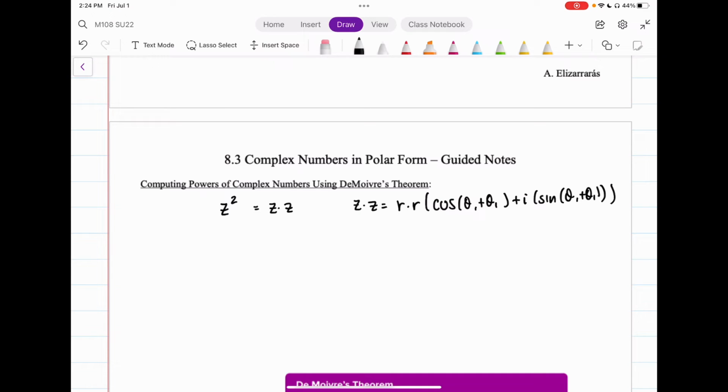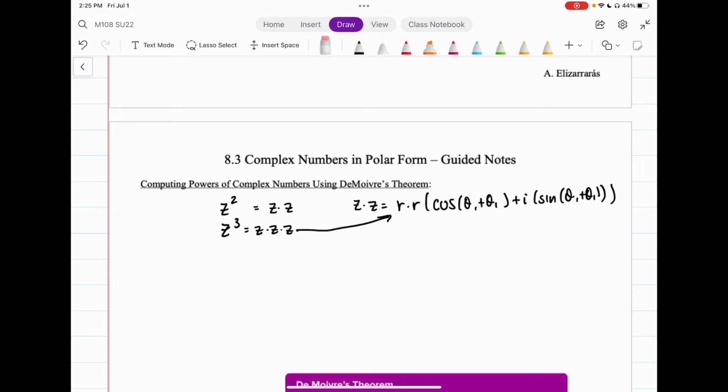And then if I wanted to take z to the third, I'm then going to need to multiply that by another r cosine. And it gets trickier because then you're dealing with more sum and difference, and so we need a shortcut. We're going to use De Moivre's Theorem to help us when we have higher powers. Instead of having to take 2 and then multiply by a third, we want to be able to use a